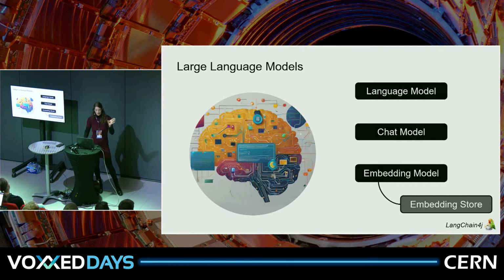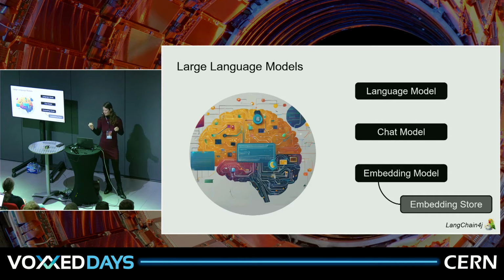So just to get our terminology straight here, I'm sure you had already a lot of talks learning the difference between language models and everything. What we mean in LangChain4j with a language model is just your completion model. Then we have a chat model. So most providers now also have a chat model that really wants to chat with you. And then a very different thing is an embedding model. It's actually a sub-part that is used in language models. It will change your text, your input prompt, into a vector of numbers that kind of encode the meaning.